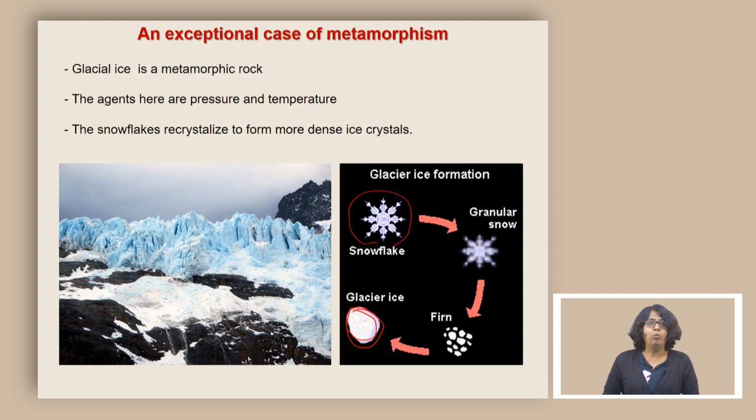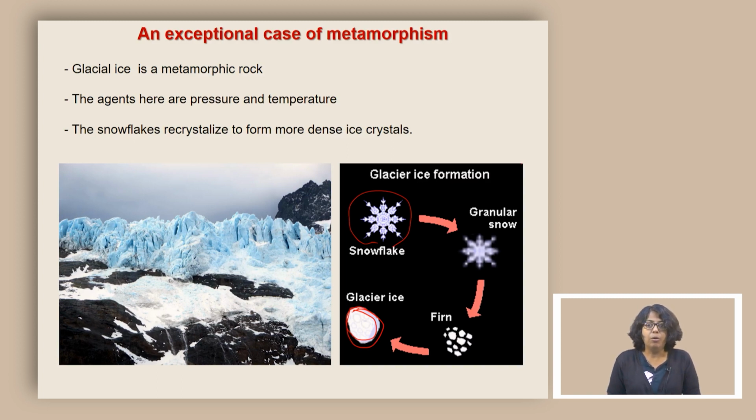You may think, which one is the mineral that is constituting this metamorphic rock? It is actually ice, and if you think about the definition of a mineral, ice meets all of the requirements which are necessary to define something as a mineral. So, we have a mineral which is ice, and it is metamorphosing into something which is quite different from where it started from, and therefore, it would be a good example of